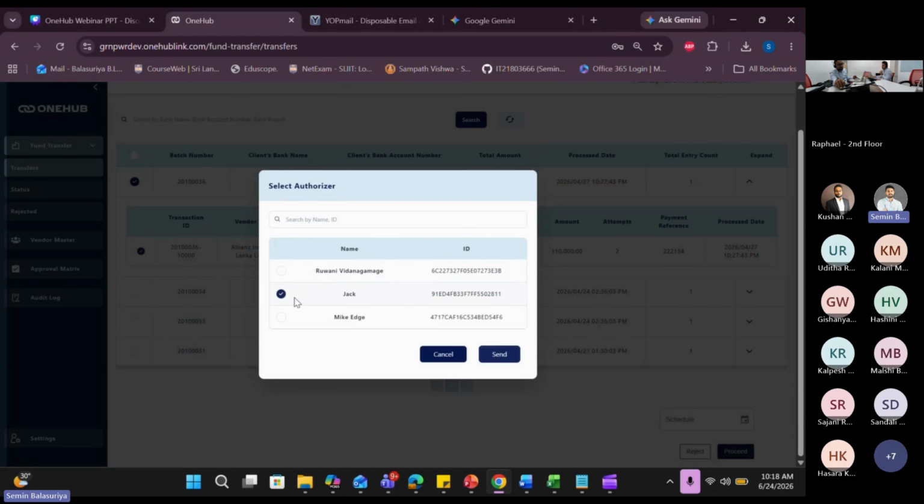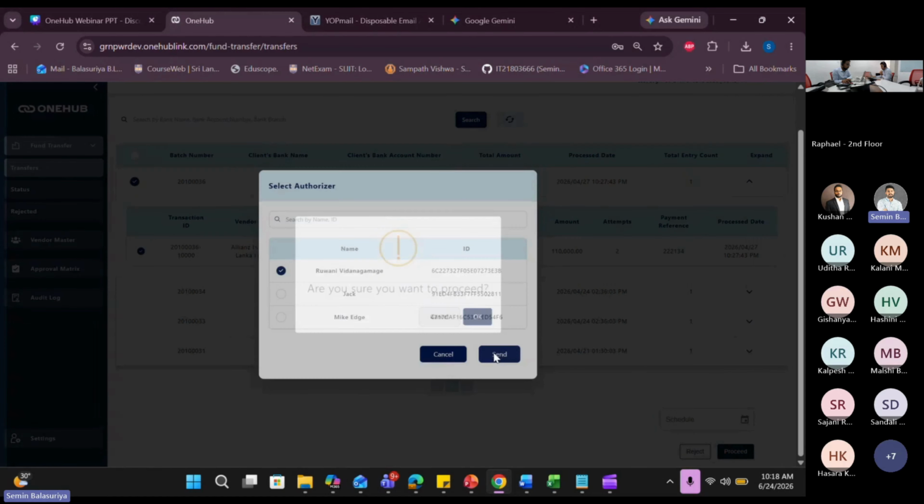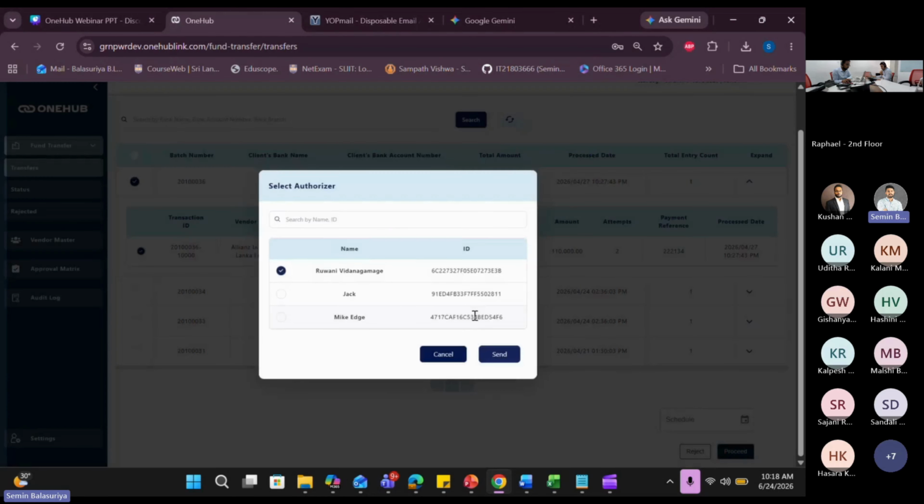And then select the authorizer that has to approve this payment. For example, I have set up three authorizers, and I need to send this transaction for approval. I will simply select Rooney, and when I hit send,